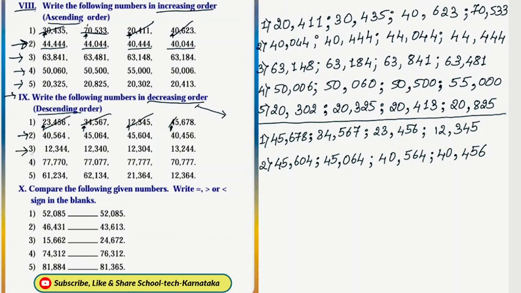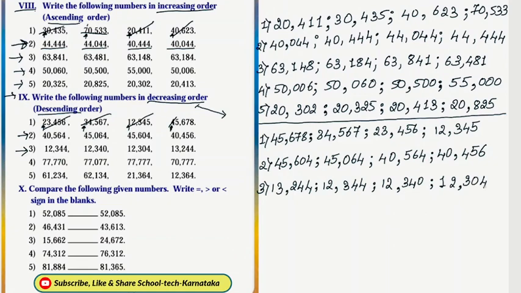For our next given set of numbers, 12,344, 12,340, 12,304 and 13,244, we write the greatest number first. We have here 13,244. Then the second number that we have is 12,344, and the third number is 12,340, and the smallest of all these numbers at the end,